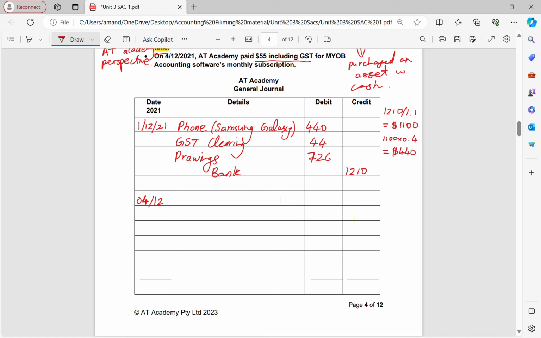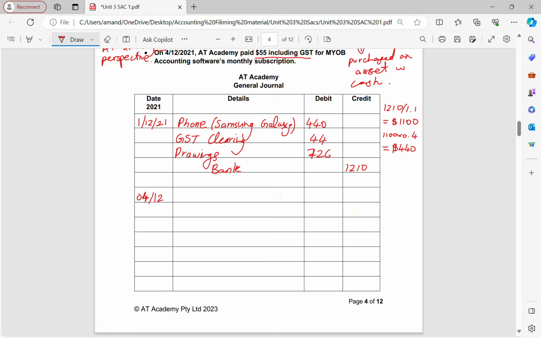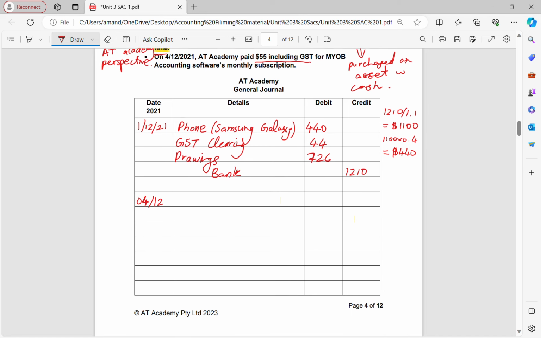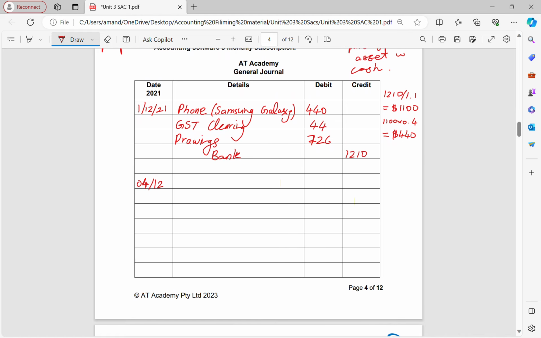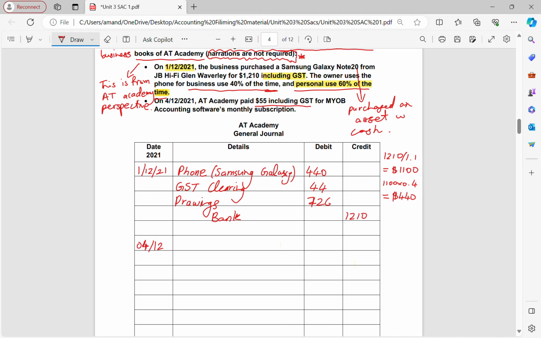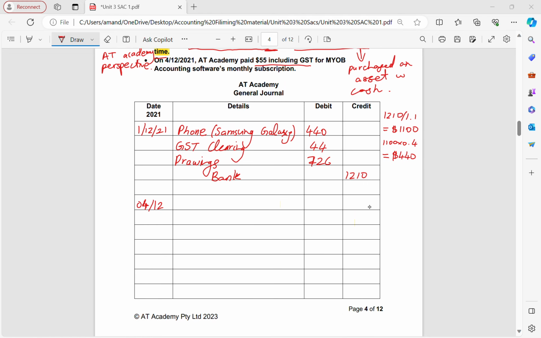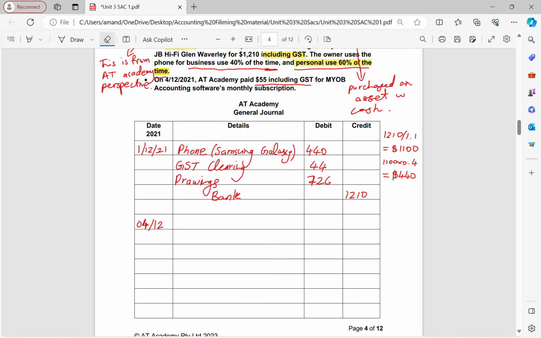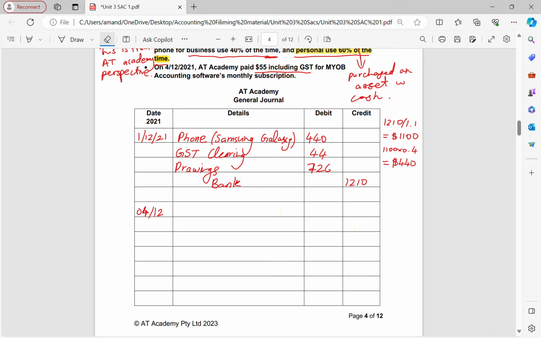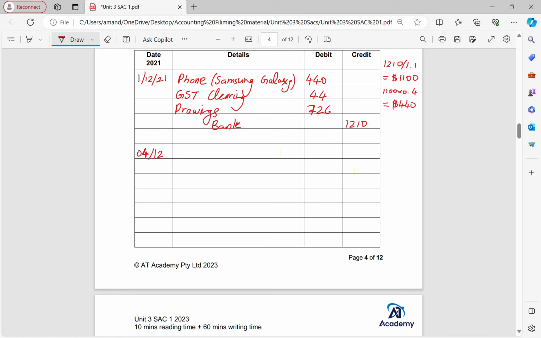AT Academy paid $55 including GST for MYOB accounting software's monthly subscription. Okay, so they paid for MYOB accounting software's monthly subscription. Alright, okay. So I'm gonna say, wait, what am I doing? I'm actually gonna say MYOB accounting software